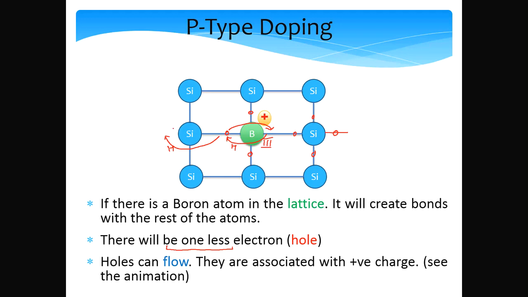So if an electron flows in one direction to cover up a hole, conceptually we can think that the hole is flowing in the other direction. The hole per se is not a physical quantity, it is a lack of an electron. But we can conceptually think of a hole as a charge carrier, associated with positive charge, and the fact that the hole moves, let's say, from the right to the left essentially means that an electron moves to fill up the hole from the left to the right. So holes are considered as charge carriers.